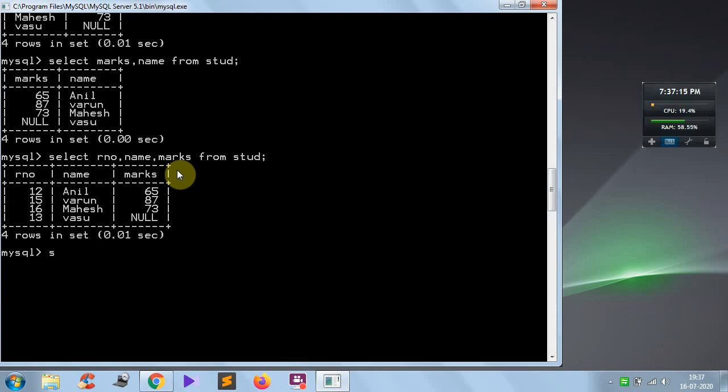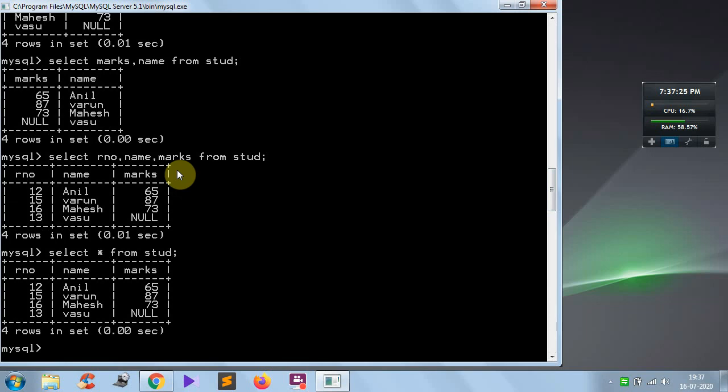In that case you can simply use select star. Star includes all columns from the table, and then write from stud. Now you can display the data like this using the select command. So till now we have discussed restrictions on the columns: whatever column names you want to display as per your requirement, you can do it like this.